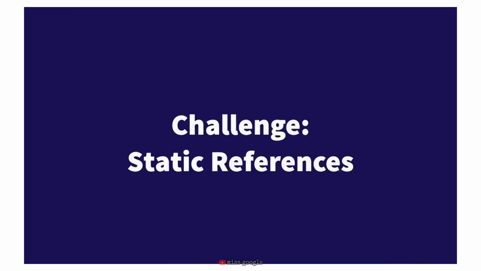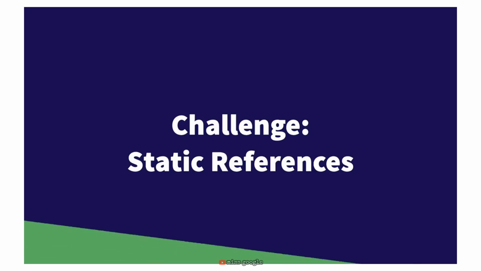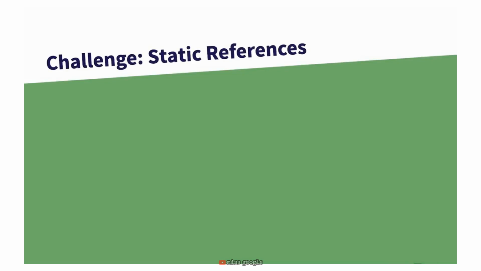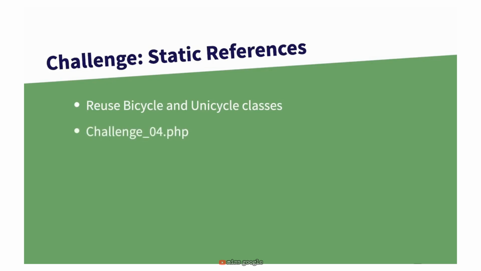It's time for another challenge assignment. This challenge relates to everything we've done in this chapter on static properties and methods. In order to do this challenge, we're going to be reusing the bicycle and the unicycle classes that we created in the last challenge. So the very first thing you want to do is create a new file called